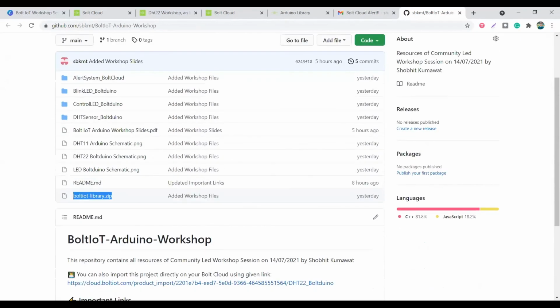Everything is available on this link, whether it is slides, whole codes, or whatever you need to write on cloud itself. Everything is written and mentioned here. So don't worry about it.